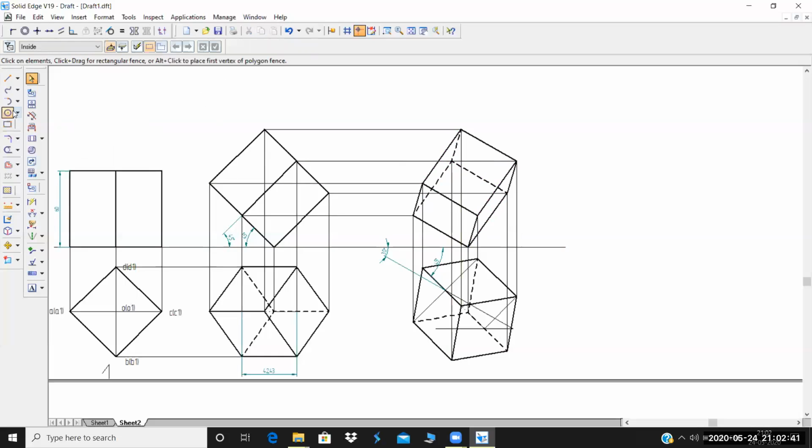Also, we have forgotten one more thing, that is your axis line, where your axis will lie. That is also very, very important. Here in this case, you cannot find out where your O and O1 are. So you have to split this particular line. When you select the whole thing, even this should be selected.